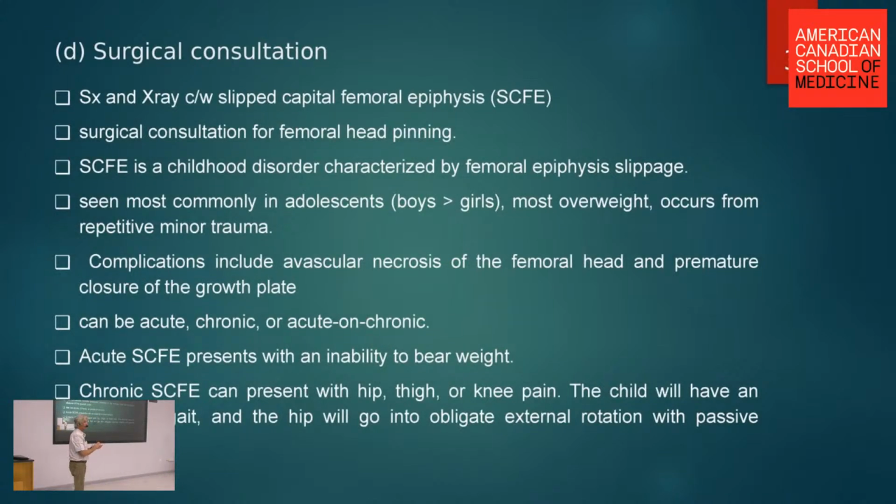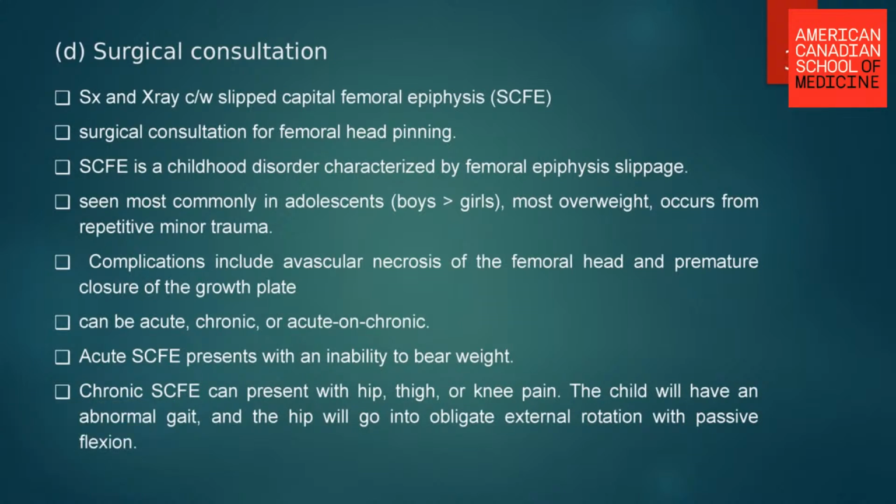You can have acute, chronic, or acute on chronic. They're all going to present a little bit differently. Generally, they have difficulty bearing weight. They may be able to ambulate, or they may not want to put any weight on the leg. And anything having to do with the hip joint can present with hip pain, groin pain, thigh pain, knee pain, even buttock pain. There's a lot of innervation in the hip area, and it can give you referred pain outside of the hip specifically. They'll usually present with an abnormal gait,